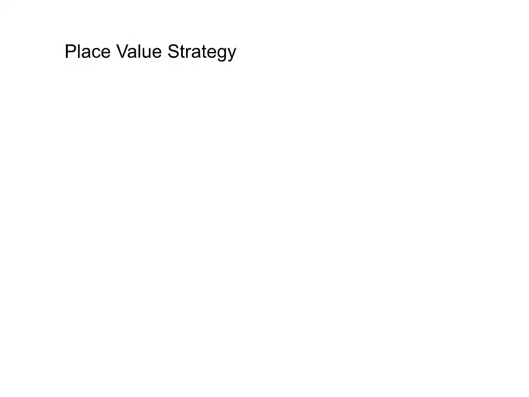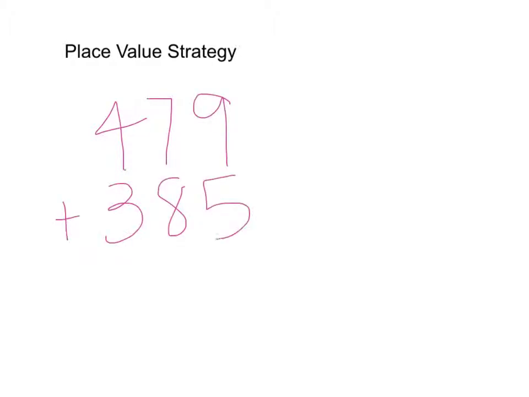Hi parents and students. Today we're going to talk about the place value strategy, and this strategy is helpful when adding 3-digit numbers. Today we're going to be adding 479 plus 385. Now, if a student already knew how to add, they would think, oh, I need to use